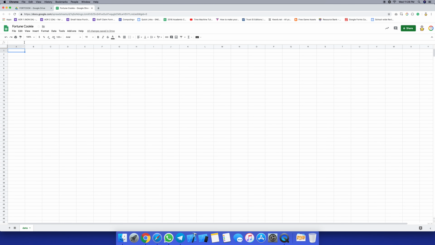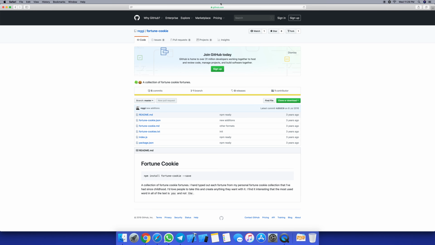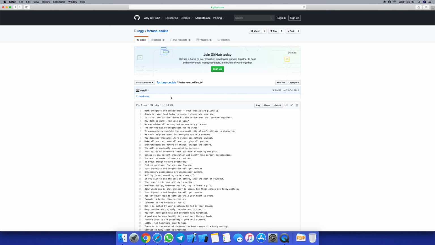Okay, so where do we get the data? You can key in manually, or we can actually get it online. So where can we get this online? You can Google for it if you know where to find it. Okay, I search GitHub, one of the places that has what I want. So there is this fortune cookies.txt. So what I'm going to do is I'm going to get this. So I click on fortune cookies.txt, and I'm going to